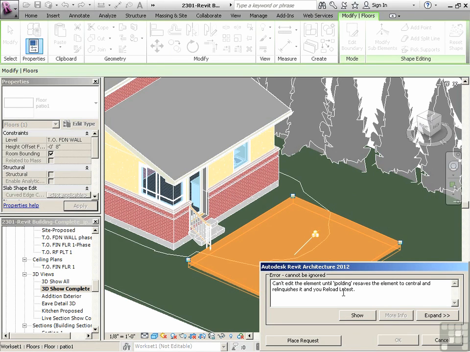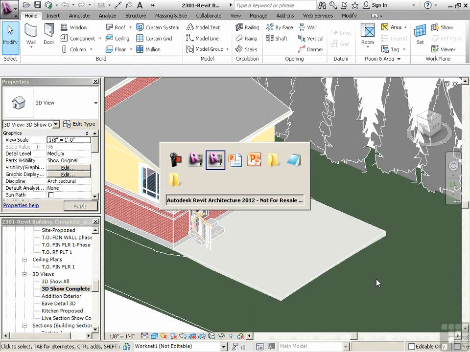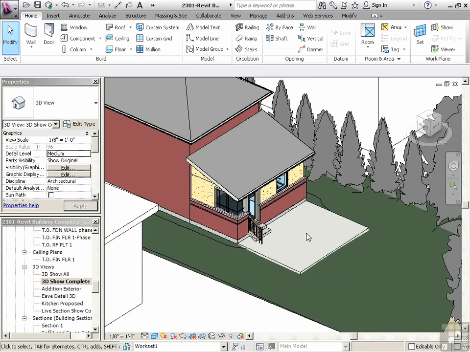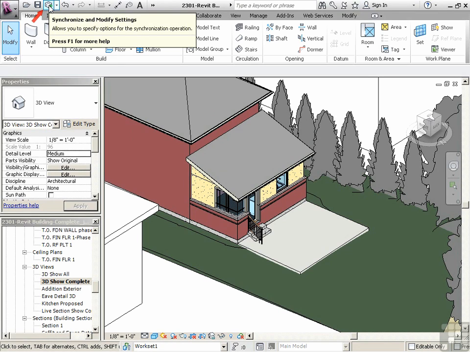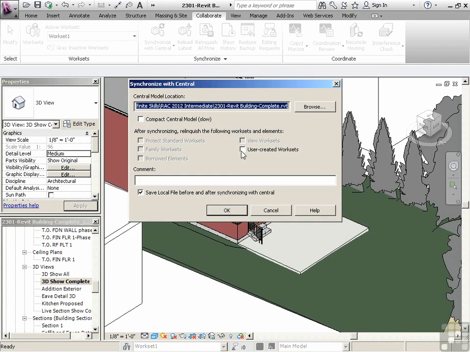A lot of terminology there that we need to get over. So let's start with J. Polding. That's this user. So I have not yet saved this change to the central. So I'm going to synchronize. I'm going to click on this little button here. You can also go to Collaborate, Synchronize with Central, and then say OK. When I do this, it's going to save my changes to the central file, then save this local file,